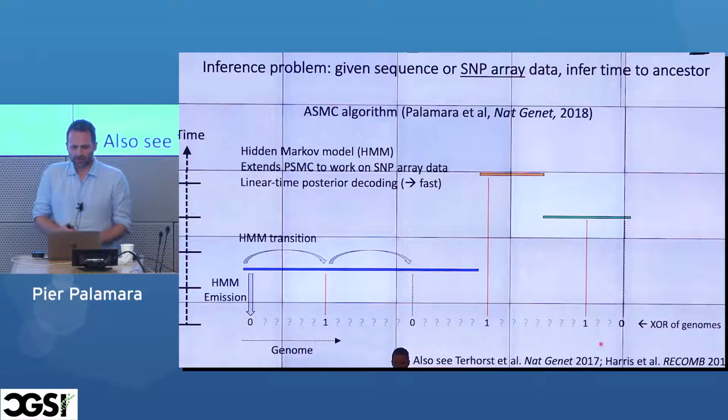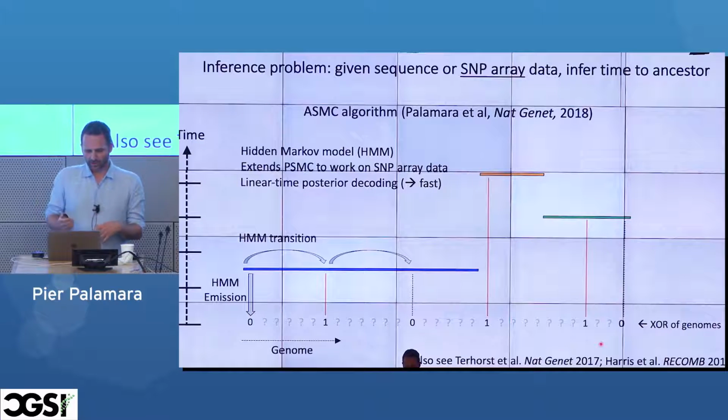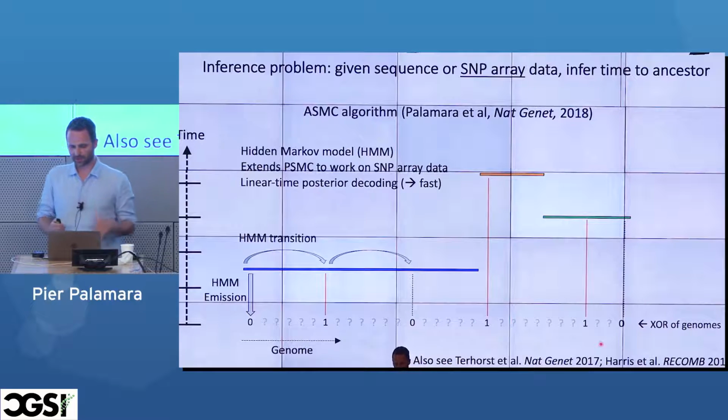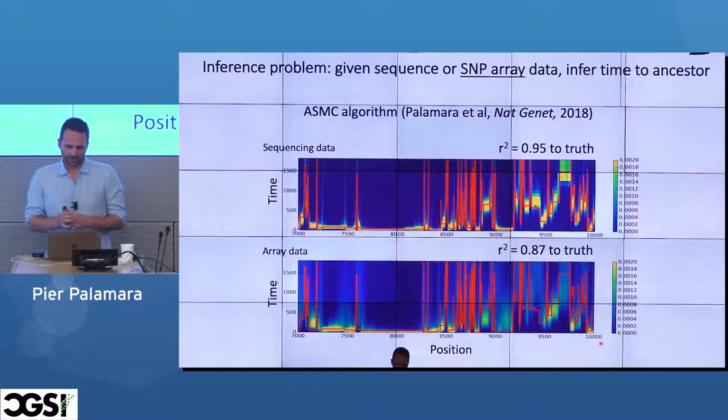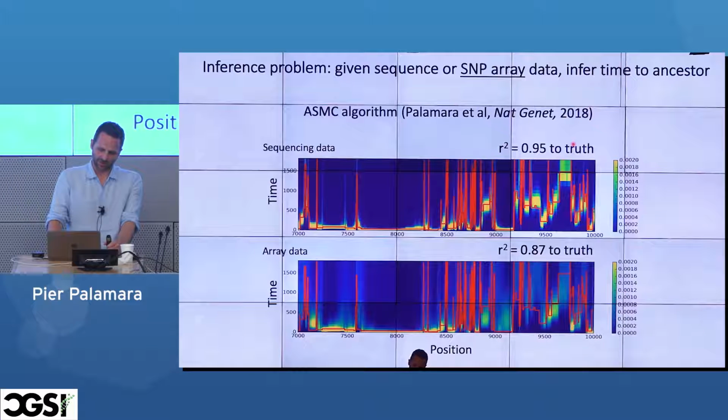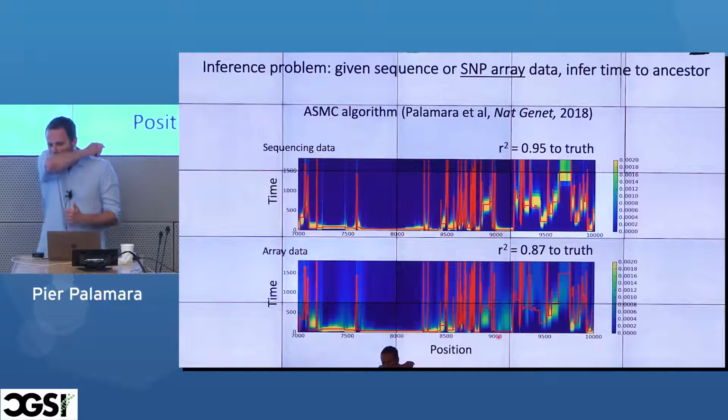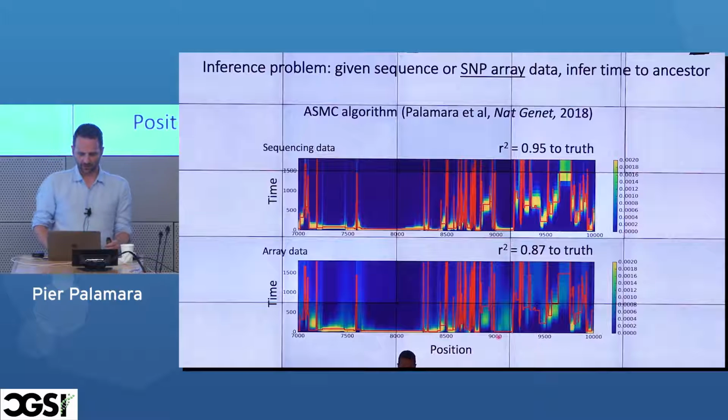Okay, so that's the first ingredient: we have some tool that gives us, given two genomes of sequencing or array data, these kind of pairwise ARGs. And this is just another simulation. On the top is something like PSMC using sequencing. You get a good correlation between TMRCAs and inferred TMRCAs. In SNP data, you get much fewer observations and a bit sparser data, so you expect it to be doing worse, but it's still reasonably calibrated. Particularly here at the bottom, if you're looking for haplotypes, they're reasonably accurate.